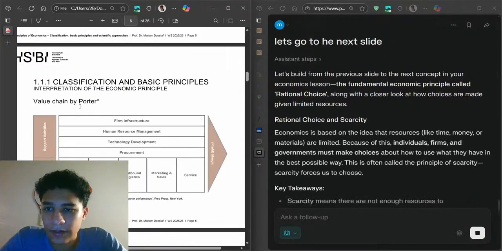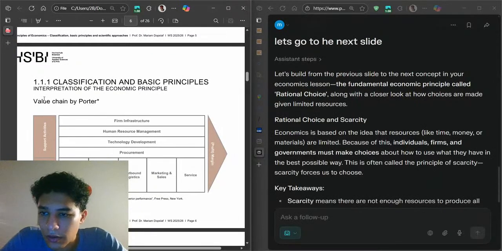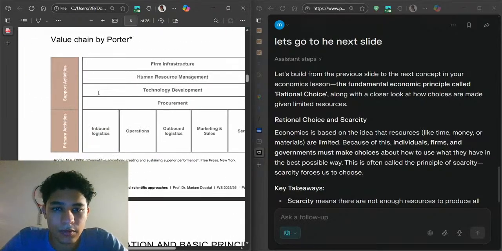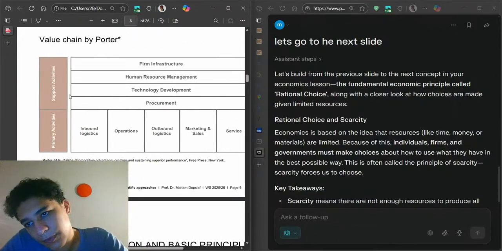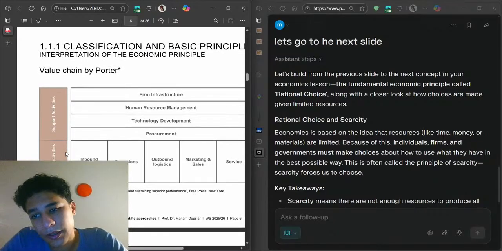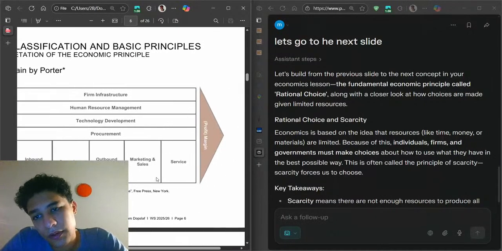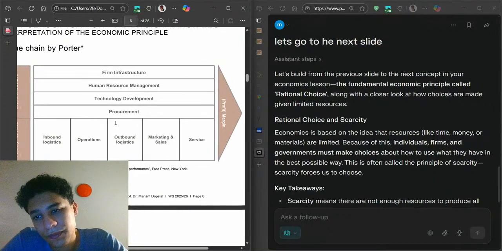So it has a classification and basic value chain by Porter. What is a value chain by Porter? So support activities, primary activities. Support activities like firm structure, human resource management, technology development, and